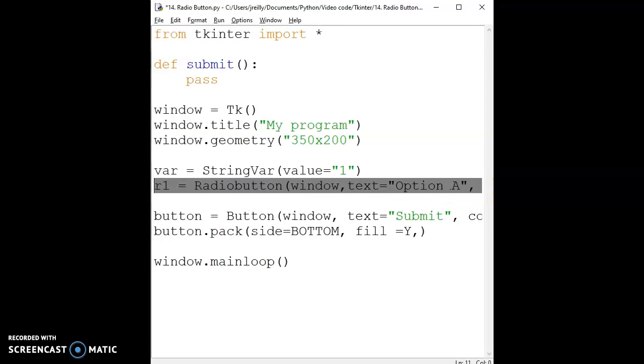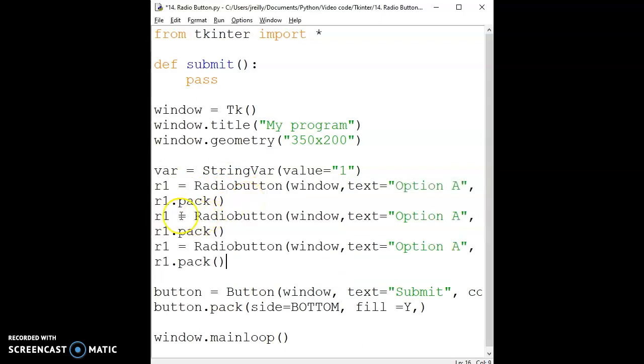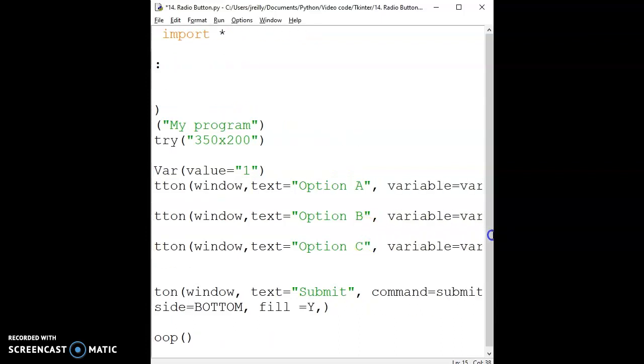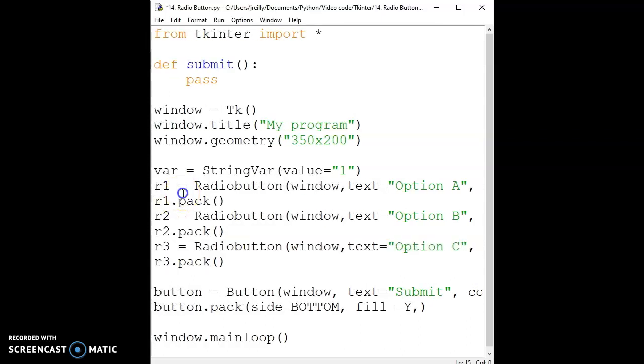Now I'm going to copy this. In fact, I'm going to pack it first, and then I'm going to copy it a couple more times just so we've got some more buttons. So let's pack it first, and then all we're going to do is have a couple of copies of it. This one can be radio 2, this one can be radio 3, and then obviously we just want to change the text on these as well and the values they return, just to prove that they're all different and they're all doing different things. Notice that the variable is going to stay the same because that's what's grouping them all together. And right now, if we run it,